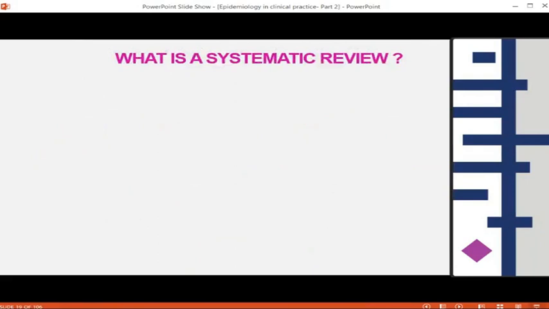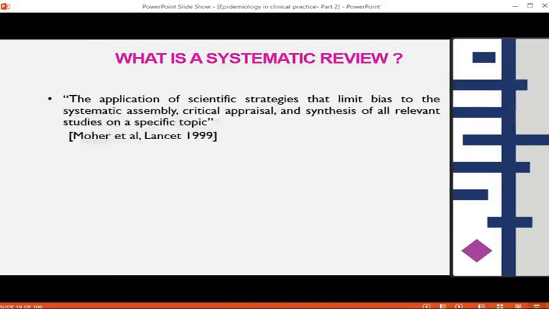So since systematic reviews are considered to be kind of like a gold standard for any question, whether it's interventions or diagnosis or prognosis, we look to see what is the best primary design for that question, and a systematic review of studies following that primary design, like in this case RCTs, ideally should be the best evidence that is available for you. So a systematic review is not like a review article. It is a scientific